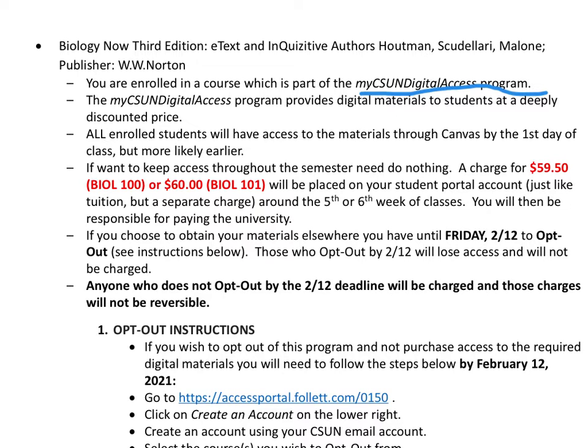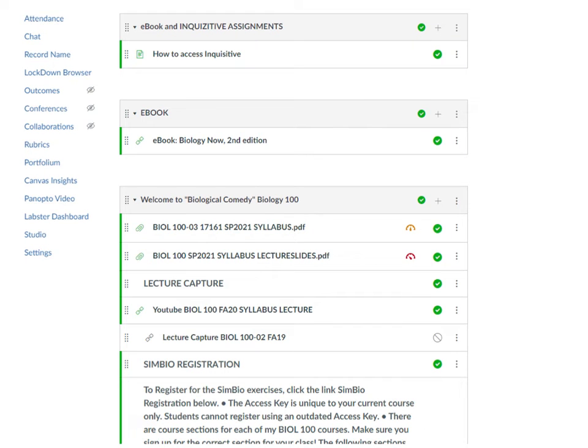Now, you could obtain these materials elsewhere. This is the ebook and a bunch of assignments called Inquisitive. But to do that, you have to opt out, so you can read that yourself. The best thing to do is to stay enrolled. You'll be charged $59 on your account, and you'll have access to it right away. Most of you probably already started. Okay. So, again,